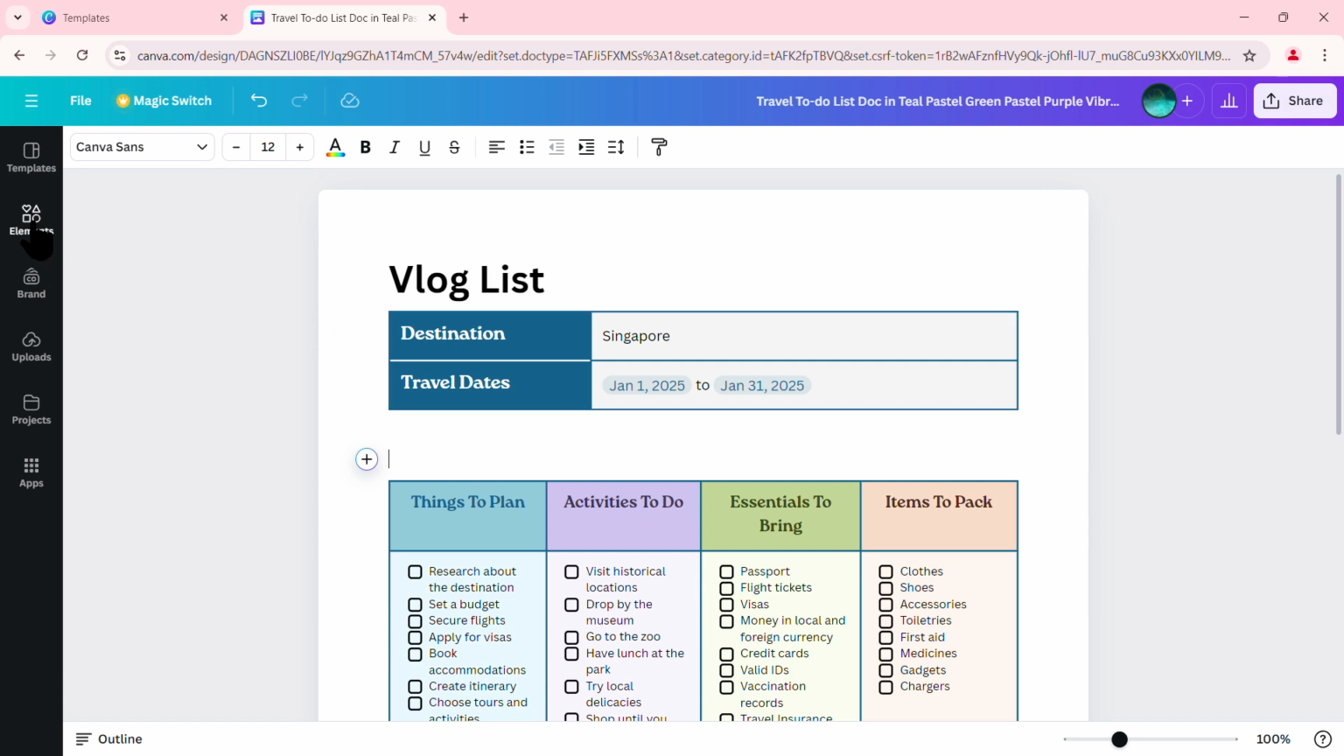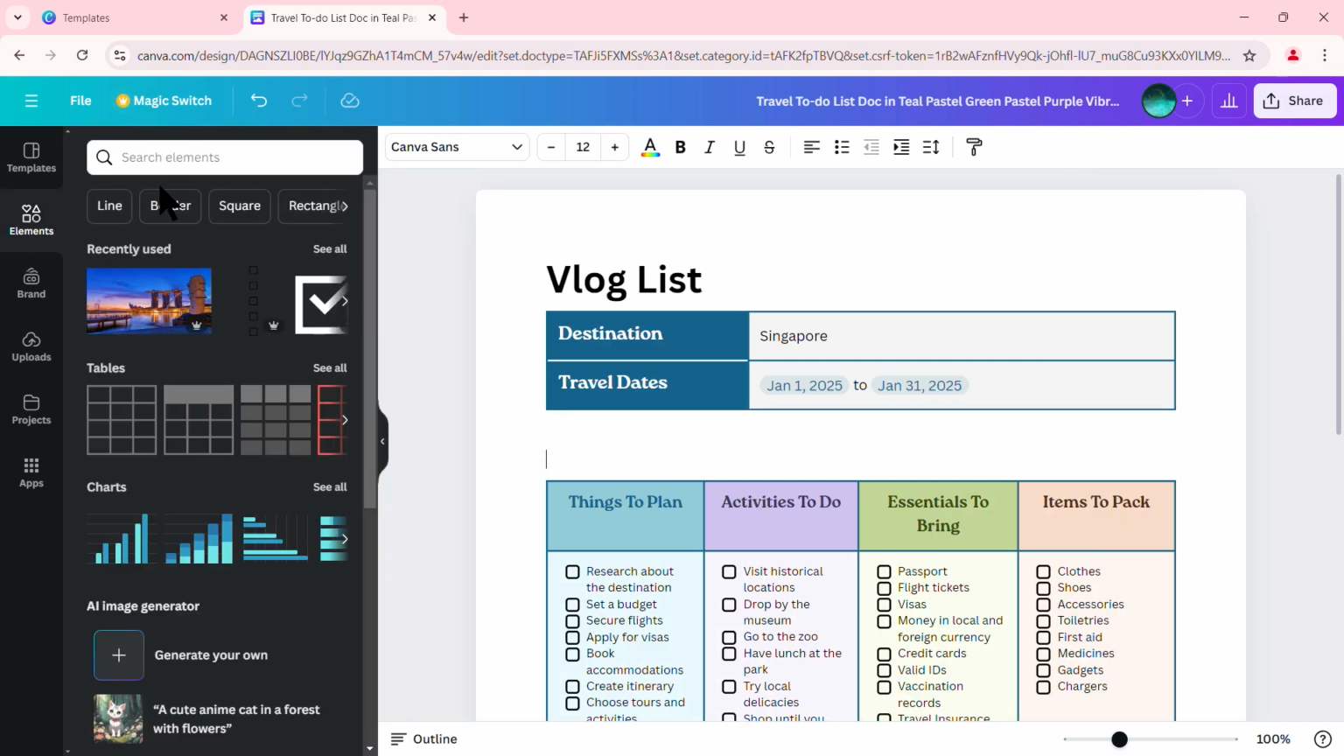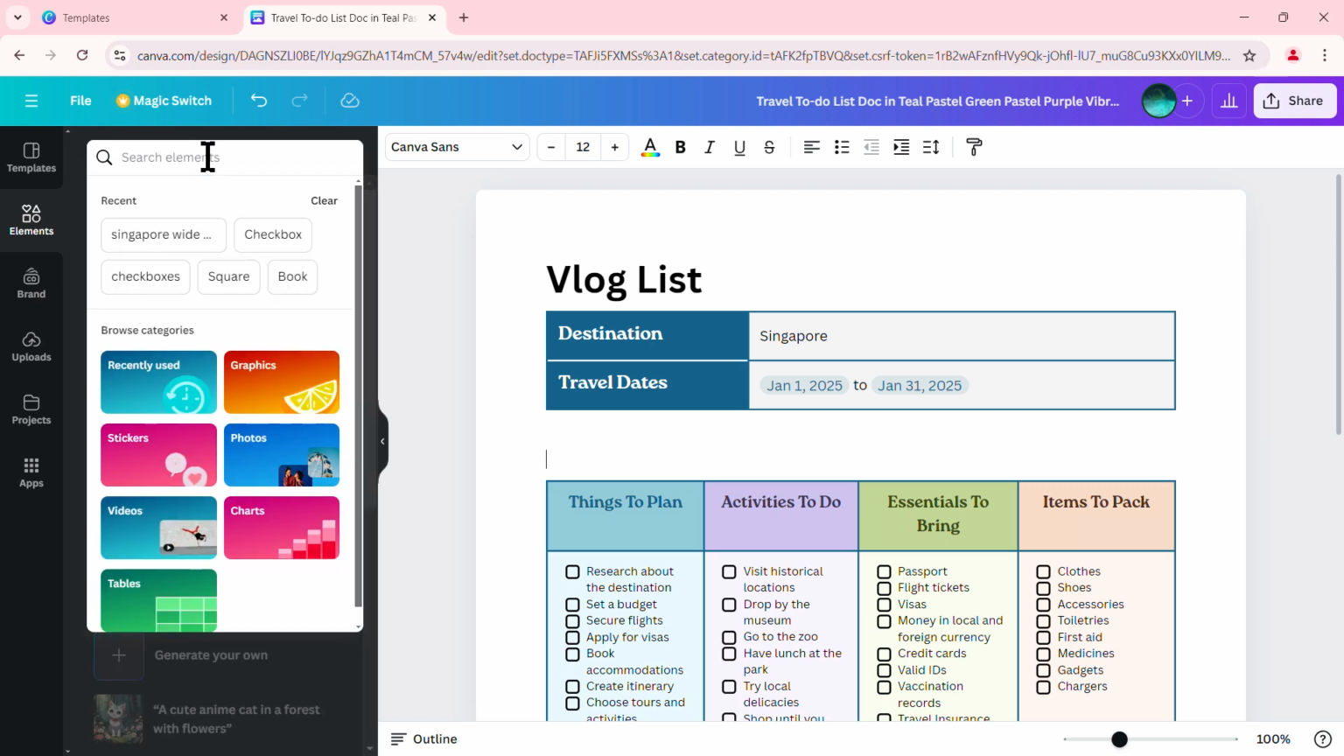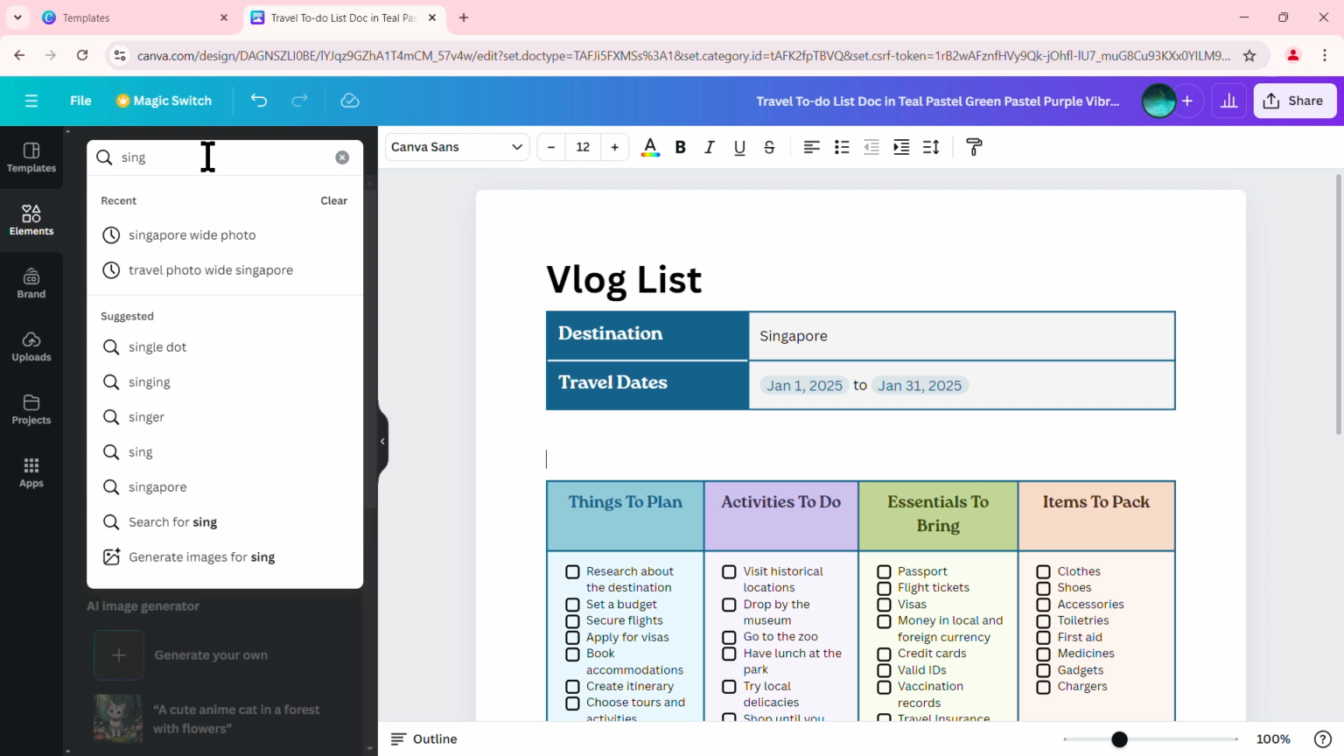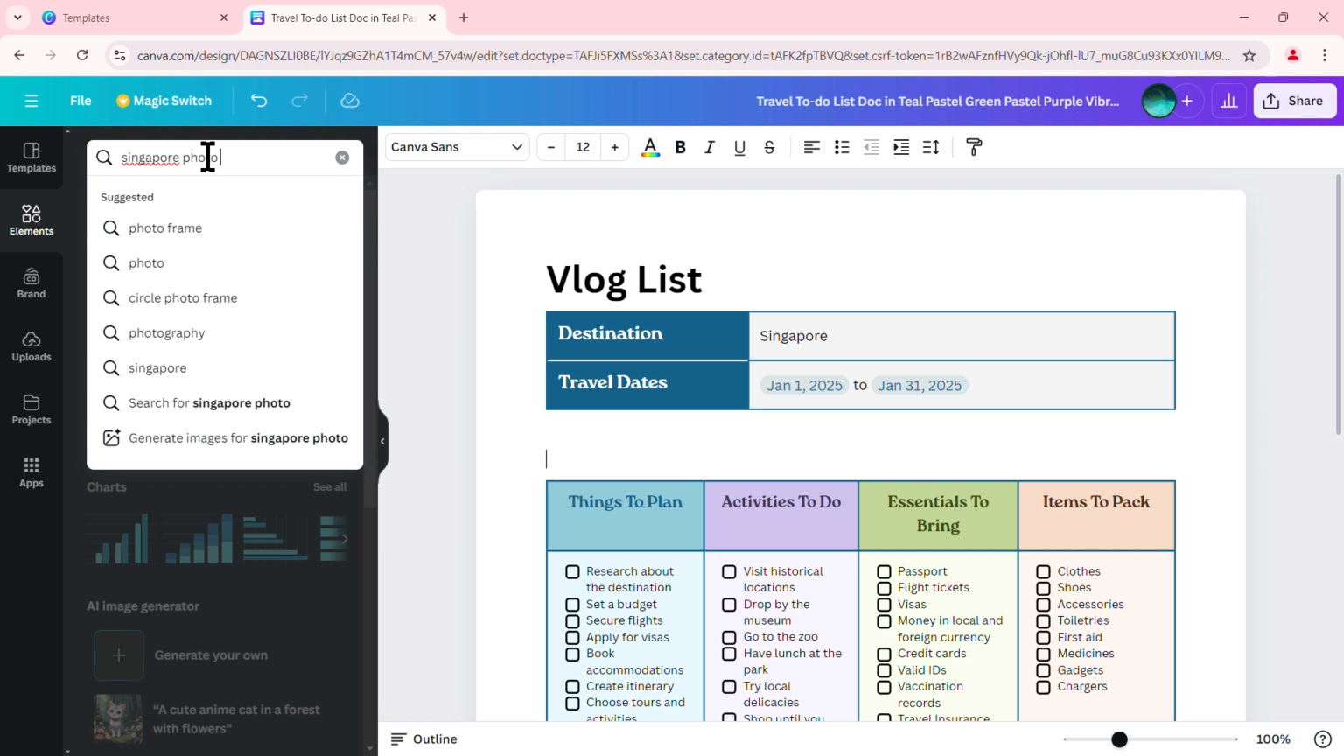So for that, I'll go ahead and click on elements here. And I can see my recently used pictures here. Now this is a vast library of elements, so sometimes it's more efficient to just search what you're looking for. So if I say Singapore photo wide, I want a wide photo,